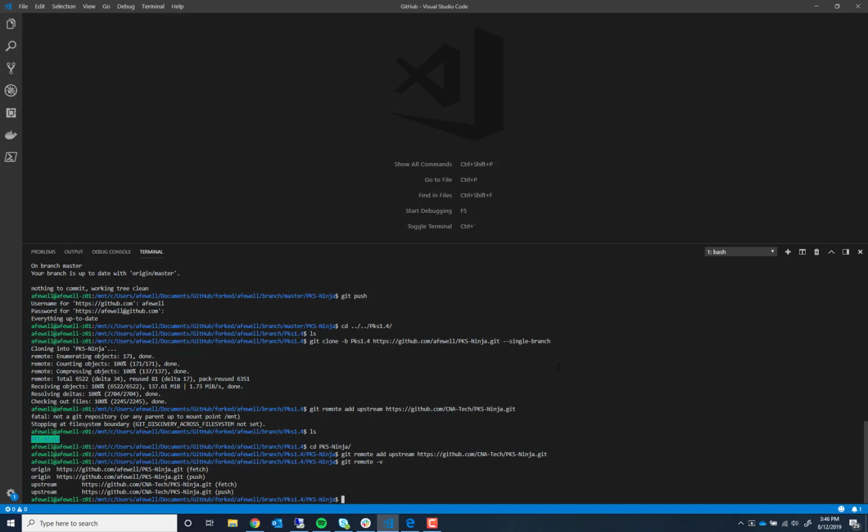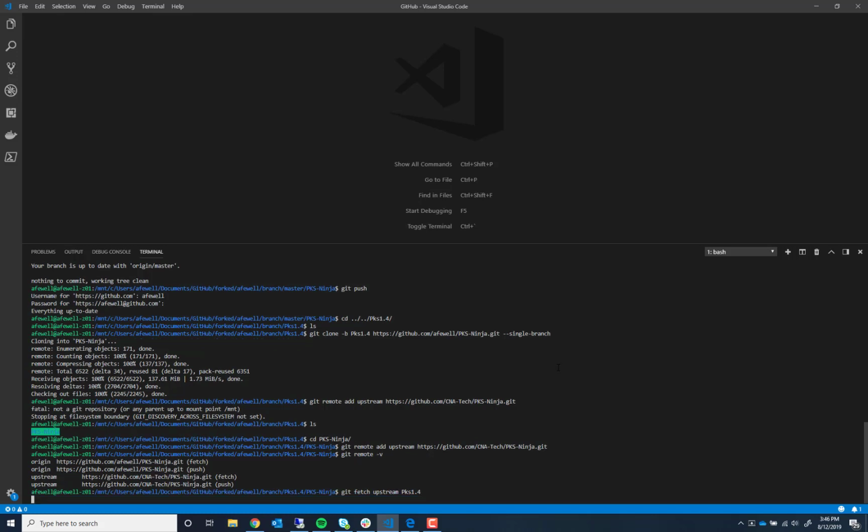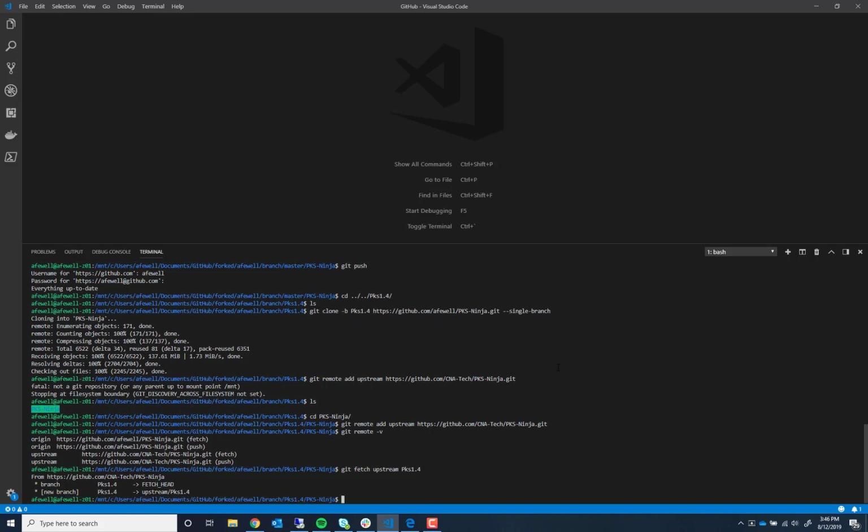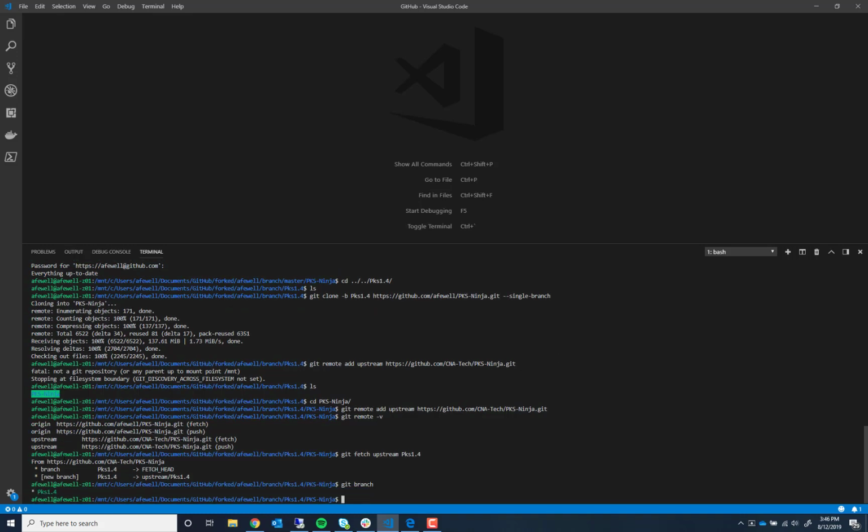And just to be safe, when I'm on one of these branches that's not the default branch, when I synchronize it, I like to do git fetch upstream and then specify the PKS 1.4 branch. It's interesting, when you do the fetch, you use this upstream space PKS 1.4. And we can see that I fetched that. If I check git branch, we can see that I'm working on the PKS 1.4 branch here. And so now if I do git merge, just like it says here, upstream slash PKS 1.4,